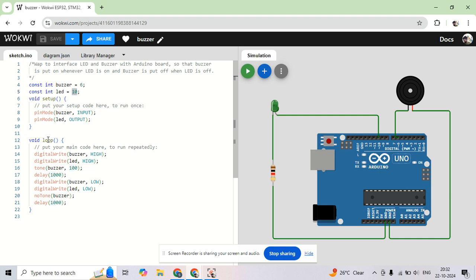Now we will use the while loop function. This function will continue to run throughout the program. It will run continuously in a loop. It will run repeatedly. These lines will go on running repeatedly. In this loop function,